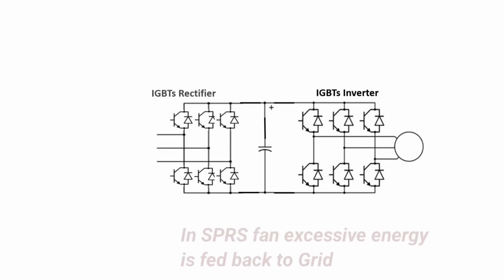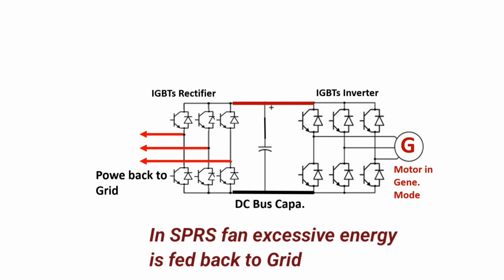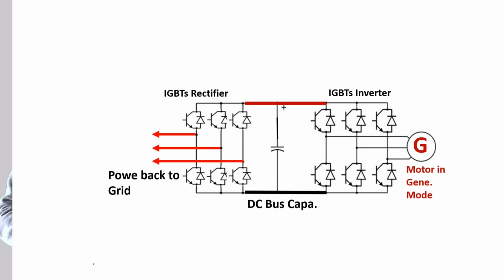Now there are some loads in the industry where inertia is involved and its speed is controlled repeatedly with a PID control loop to control the process. So now the excess regenerative energy is not wasted in the form of heat across DBR. This energy is fed back to the grid supply and energy is saved or basically earned. But the thing to keep in mind is that the rectifier in the VFD should be of control type. I mean that the rectifier should also contain IGBT for power flow control. Clear? An uncontrolled type of rectifier will not do this.